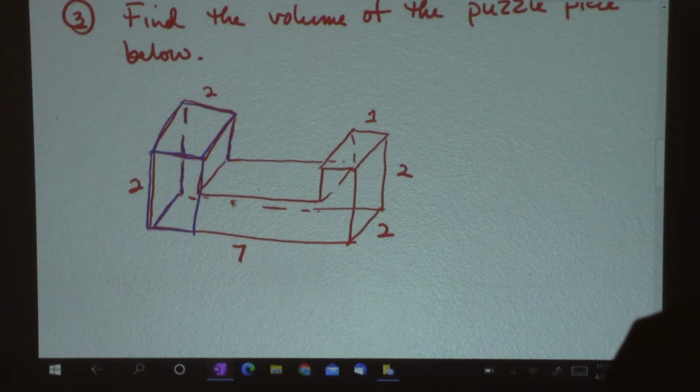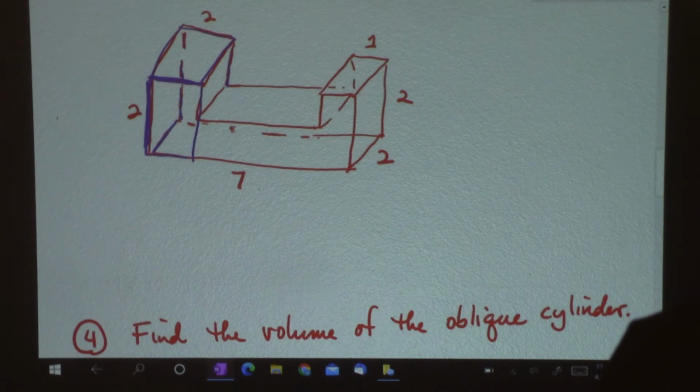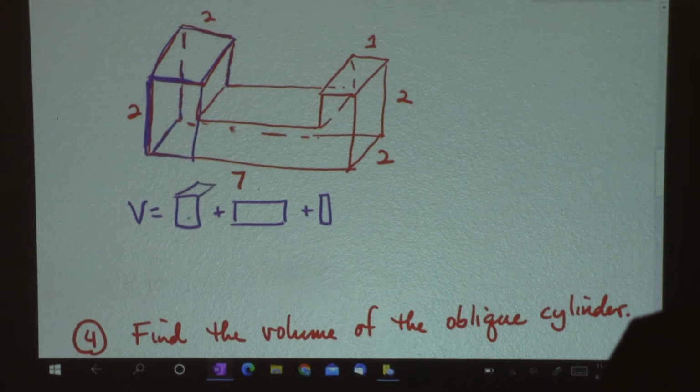So I've got this length times this length. So really, the volume is going to be this block plus this one in the middle, and then the tall, thin one at the end. This is my plan here. You don't have to draw it all like this, but you get the idea, right? I've got this one here I'm going to start with. So the volume of this one